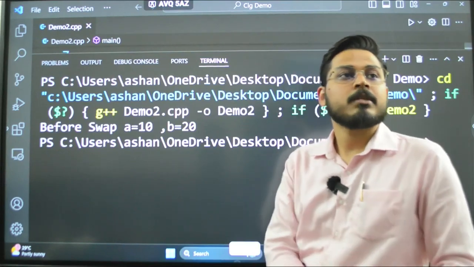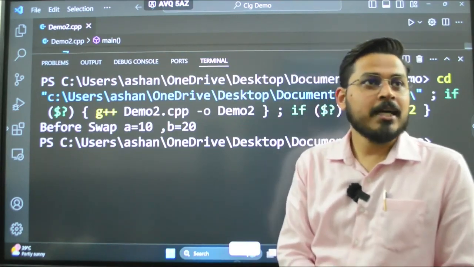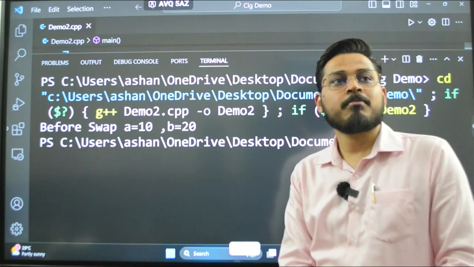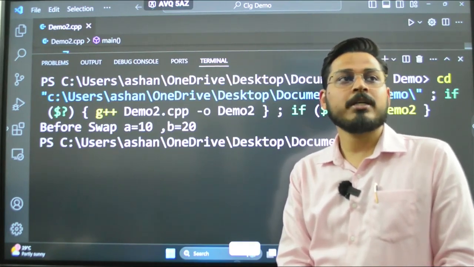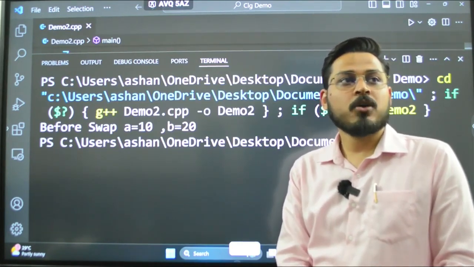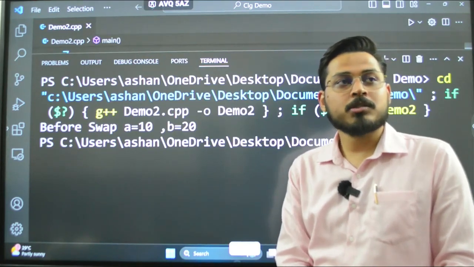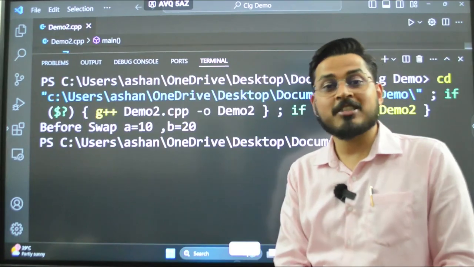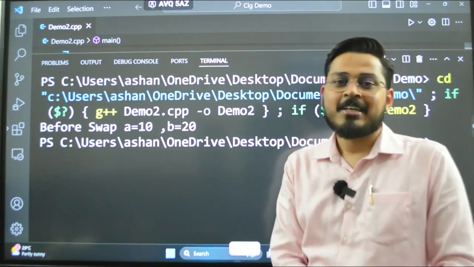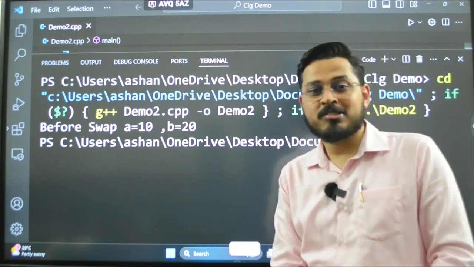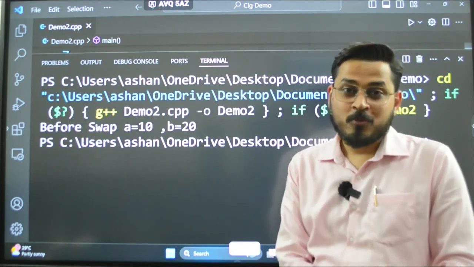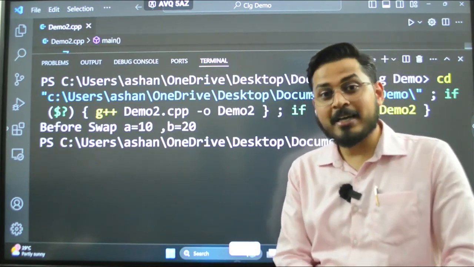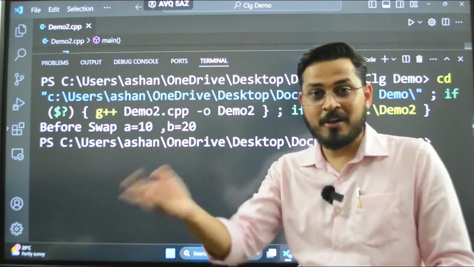Dhananjay asked one doubt: is it true we can make a complete GUI application using only C++? I saw a YouTube video but am not sure. Yes, you can do it. A GUI application is not built only by Java. You might think of Java Swing or Java applets, but in any language, in Python also, you have different modules.